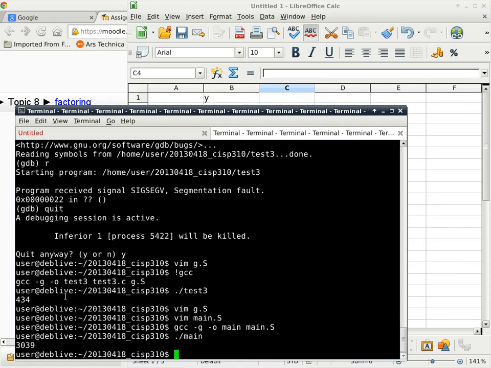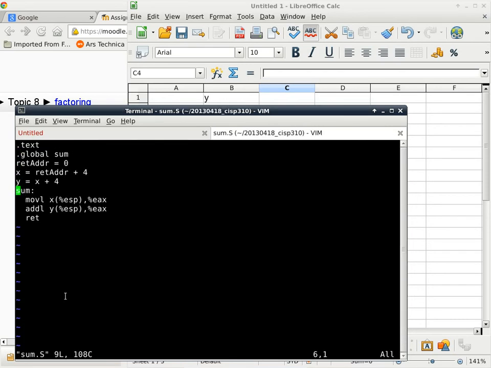Before we go any further, let me go to sum.uppercase S here. Now sum is a really simple subroutine, okay? But what if I have some additional pushl instruction here? Do you think the base operands are still correct in this case? If I have some random push and pop instructions before the movl instruction, that will change the stack pointer itself. Now if I change the stack pointer, it will also change the offset